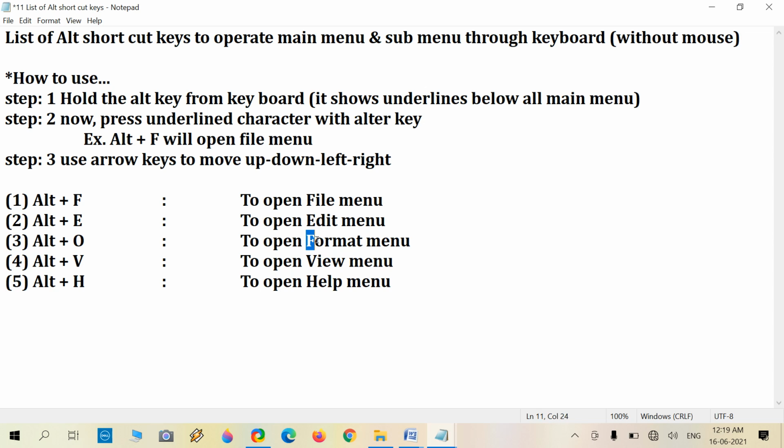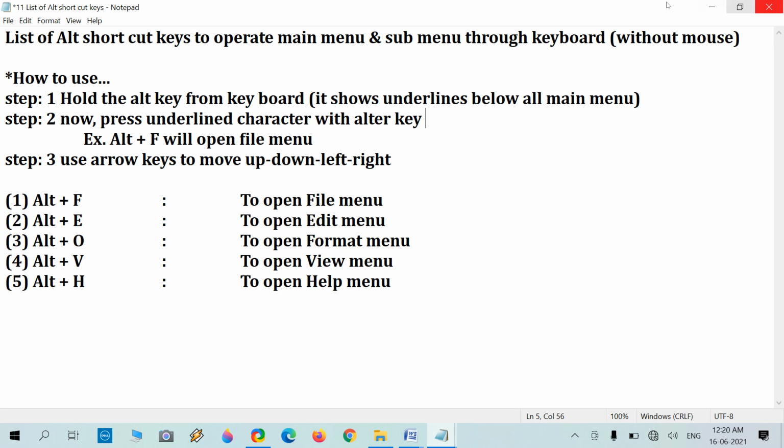In format, there is the second character because F is already used before in the file menu. Alt V is for view and Alt H for help. So it is very easy but a very important topic that we have to know. We should know what to do to open the main menu and sub menu if we don't have any mouse operating device.